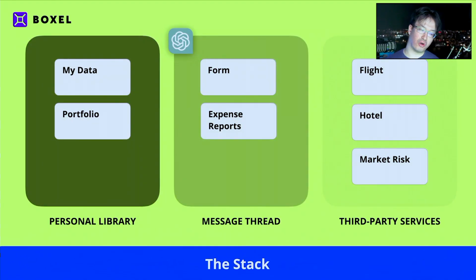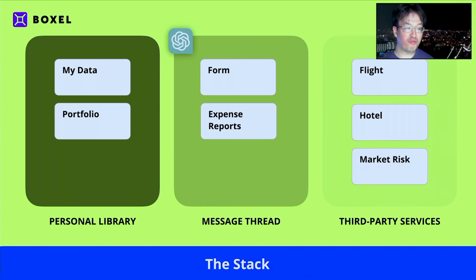So one way to visualize how this works is to think about the ChatGPT engine as a message thread. Now, for Boxels to run, we need to run in our environment, in our browser window, so we won't be using the ChatGPT user-facing application that you guys are playing around with, but actually using the API. So we will provide an alternate message thread that runs Boxel to understand the concept of forms and reports and fields, so that we can orchestrate a very cohesive experience without having to use iframes and stuff like that, which is how the plugin system works. So the OpenAI stuff sits in the middle.